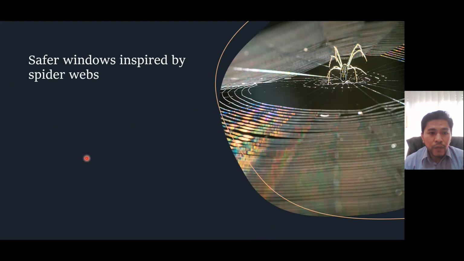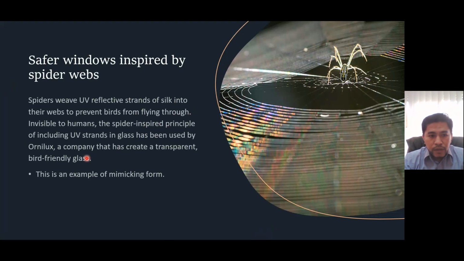For example, we have safer windows that are inspired by spider webs. This is a glass panel inspired by the properties of spider webs, which have a UV reflective strand of silk woven into the web to prevent birds from flying through. And this spider web is invisible to humans. The spider-inspired principle of including a UV strand in glass has been used by a company called Onilux, a company that has created a transparent,